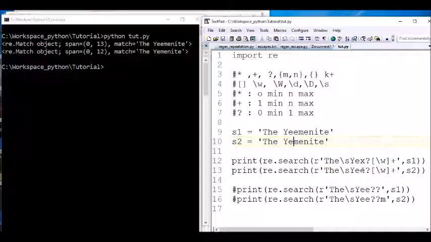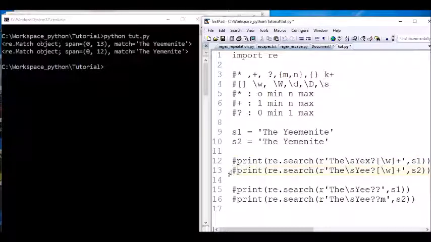So when it's searching here and the second E does not exist, the second E matches with the second one. So Yemenite here. Now, it's most commonly used in HTTP and HTTPS, to use this question mark to say if it's HTTP or HTTPS, accept both links.